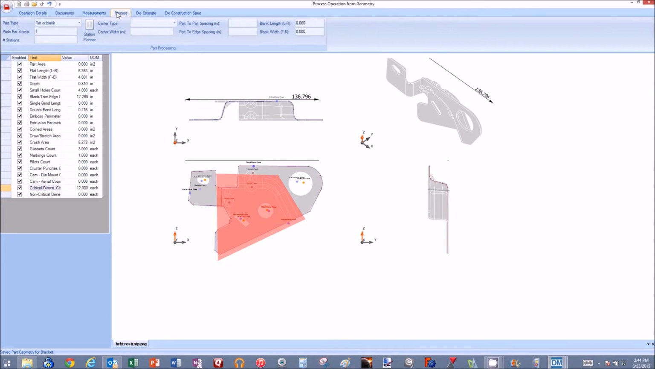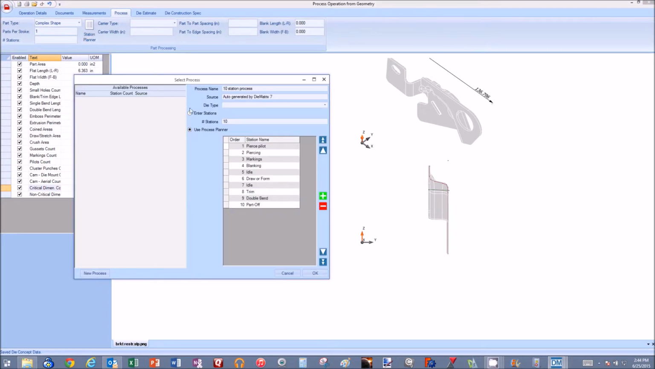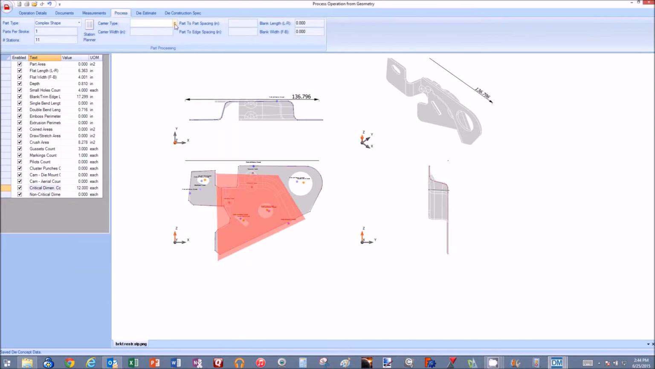Okay, we stop measuring, go back to the process, and tell DieMatrix the type of part that it is. In this case, it's a complex shape. And DieMatrix will actually estimate the number of stations based on the measurements made so far. You can edit this list, and if you're working from a part, as we are in this case, we can add material for the carrier, spacing between the parts, trim edges, and this will give us a blank estimate